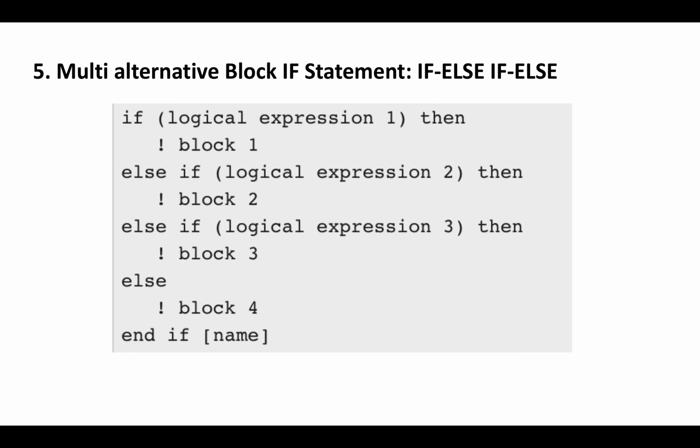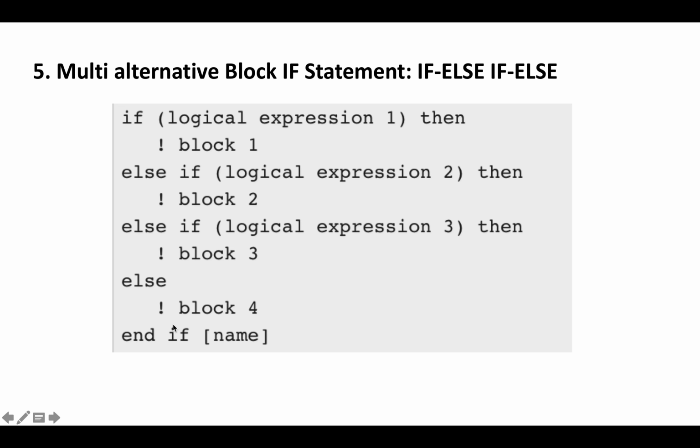Syntax is: if logical expression 1, then execute a set of statements. Else, if it is not true, again check the condition. Logical expression 2, if it is true, execute the second block of statements. Further, if it is not true, then again check the condition. So logical expression 3, if it is true, then execute this set of statements. Else, remember this else is with the outermost if. So else means if logical expression 1 is false, then it has to execute block 4